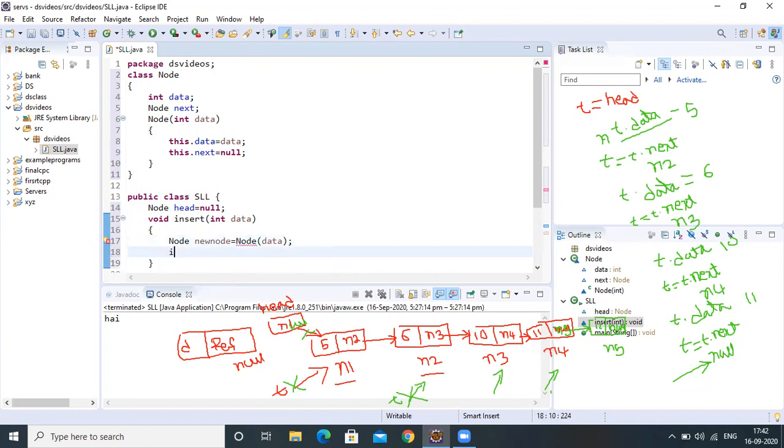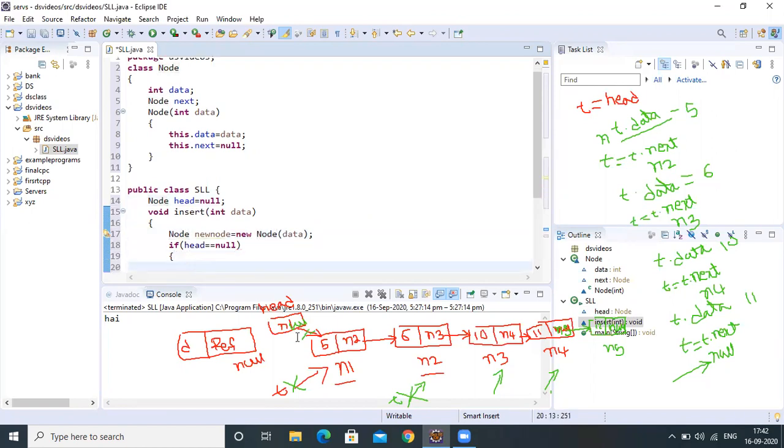Let's see here. If head is equal to null, what is the meaning? There are no nodes within the list.